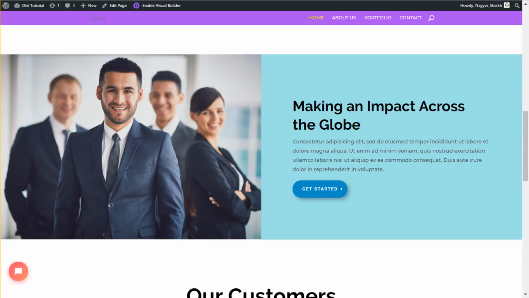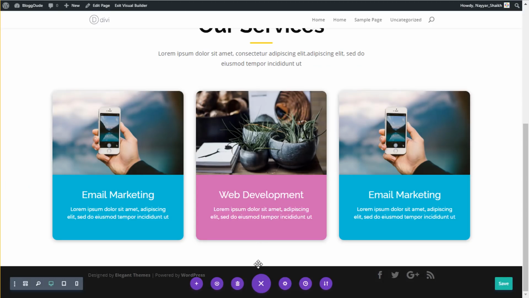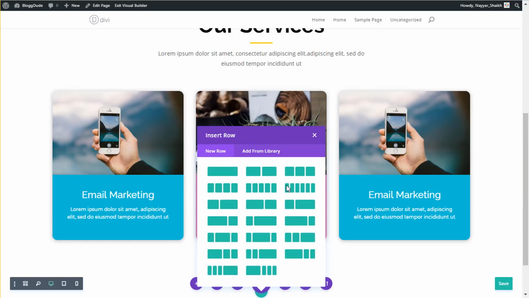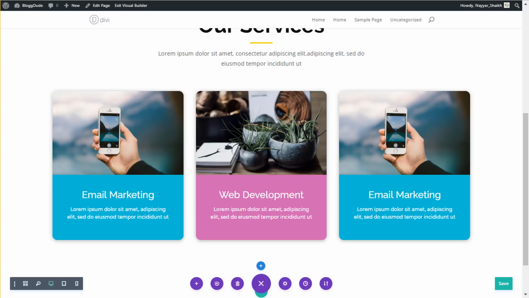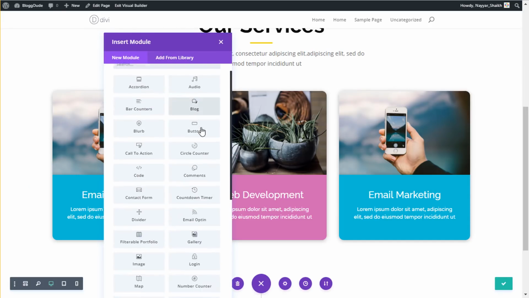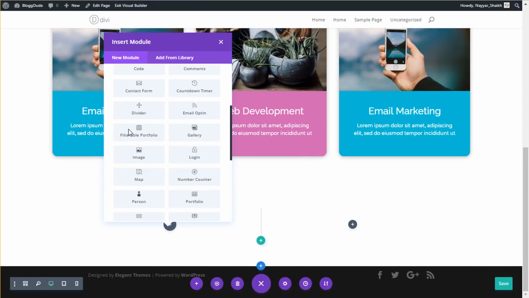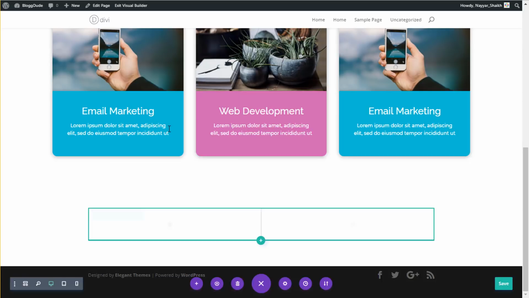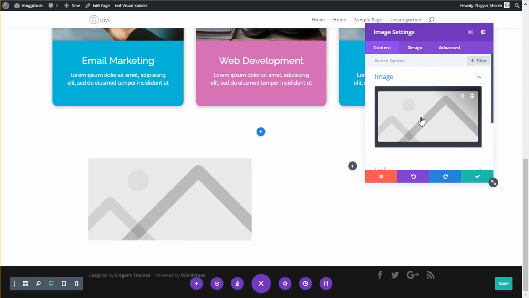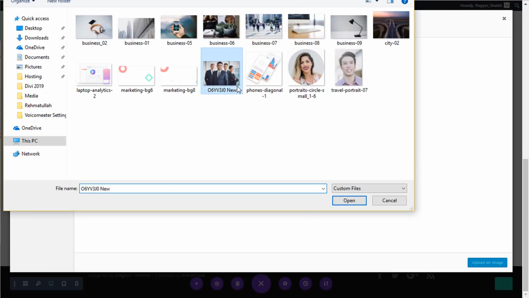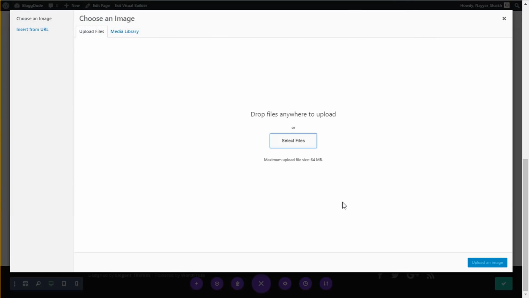Okay, so to do so, again, come back to this page, click on this blue plus button to add a new row, and select these 2 columns, because as you can see, 1 column and 2 column. All right, in the first column we have to add the image. So search for image, select this image module, just paste in or just select that image. This image is also given in the file. Select this image, click on open,